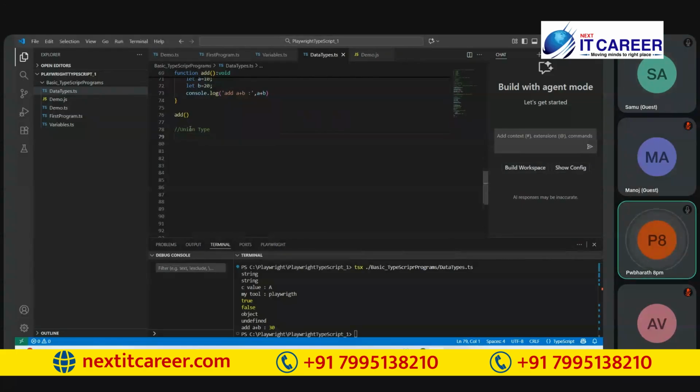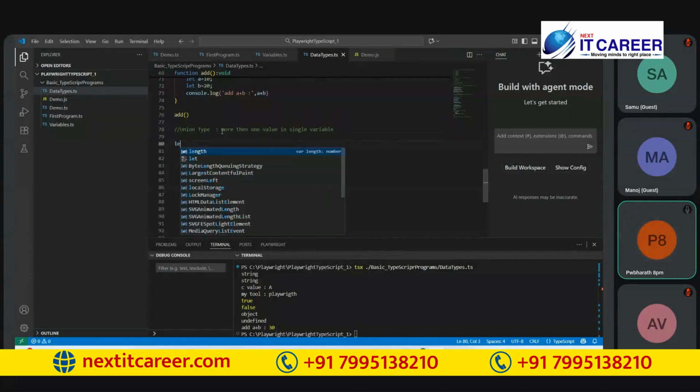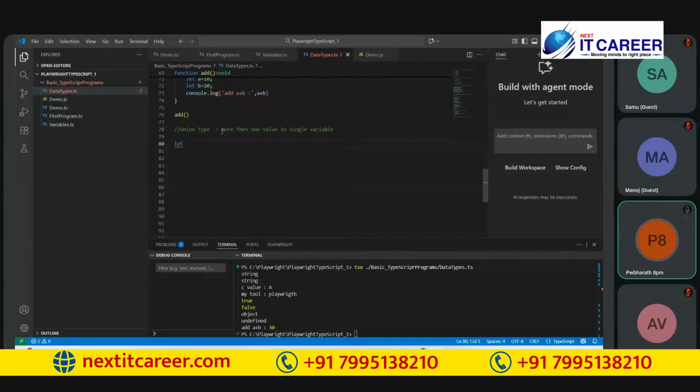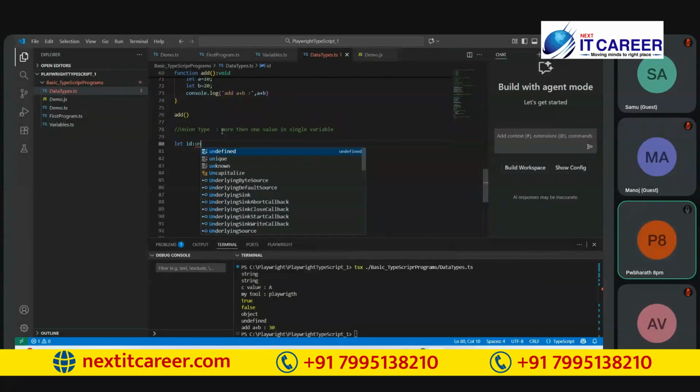See, when we are supposed to assign more than one value in a single variable, like what means? Let id colon number or string.